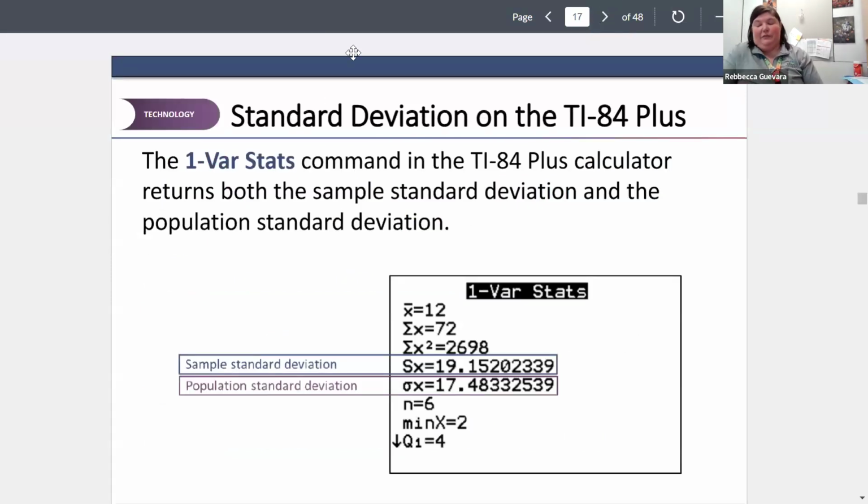So clearly, variance and standard deviations are not something you want to calculate by hand over and over again. It took a little bit of time just to do 3 points when we were looking at those times for the batteries. So what we can do is use the TI-84, and 1-Var Stats will tell us a sample standard deviation and a population standard deviation, like we see here. So this is those